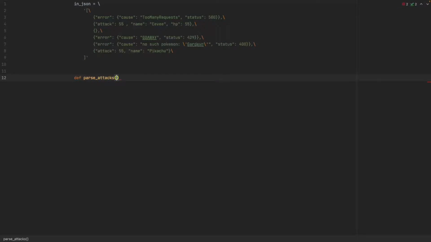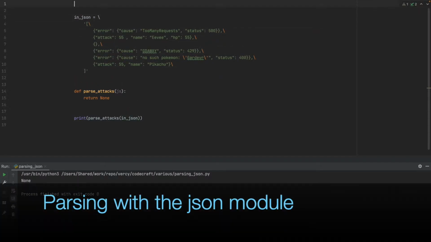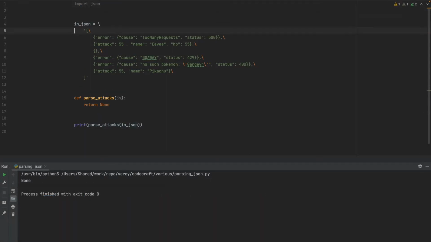attacks, which gets a JSON object. I leave it as a stub for now, so just return none and write the testing code, which is going to be a single call to this function passing in the input JSON. And now we can run this code, and as you can see, we have the none as we expected. For JSON parsing, we will use the built-in JSON module,